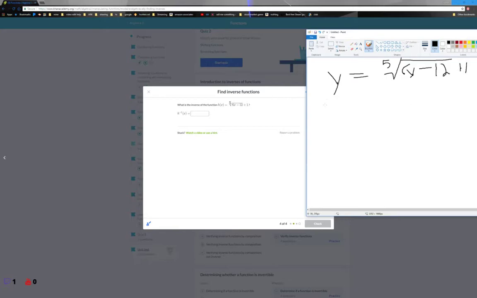So we're going to move the 1 to the other side. That's going to be y minus 1 equals the 5th root of 6y minus 12. And then we're going to raise it to the 5th power. So it's going to be y minus 1 to the 5th